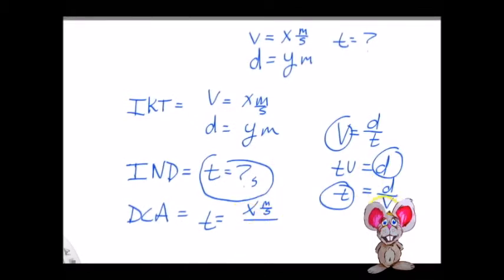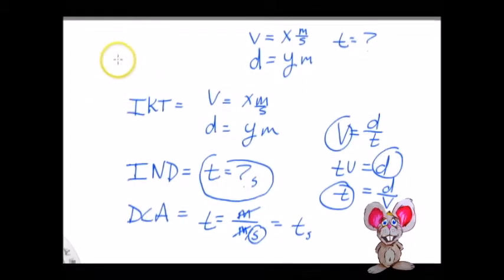divided by, whoops, my mistake there. T equals meters divided by meters per second. Right? We cross cancel. And all that's left is second, which is a unit of time, so t equals time, right? We got her. So there's our decided course of action.